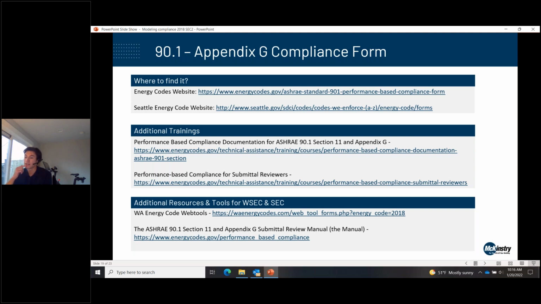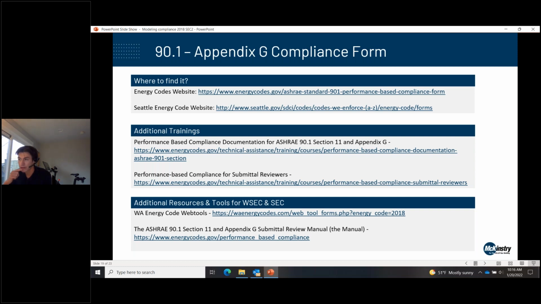Like Duane said, there's the 10% UA limit and 20% UA limit for Washington Energy Code. That's not going to happen in this compliance form tool. The calculation will actually happen through the envelope web tool, which can be found there.